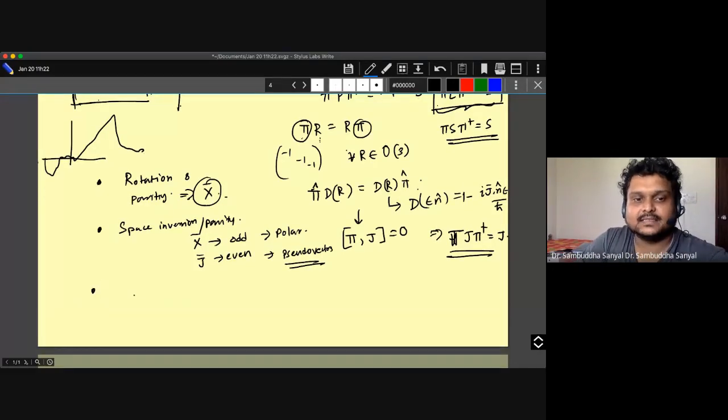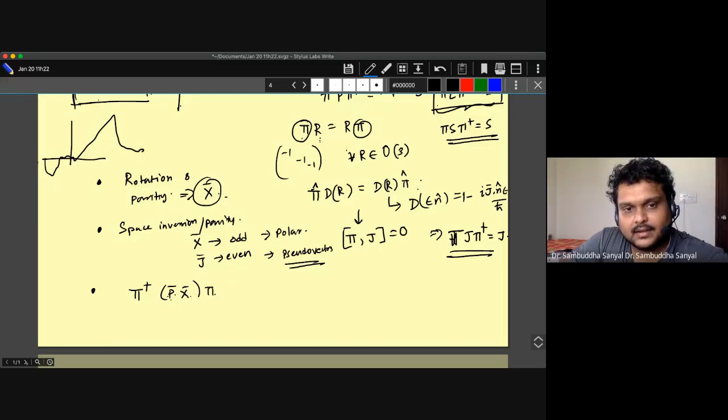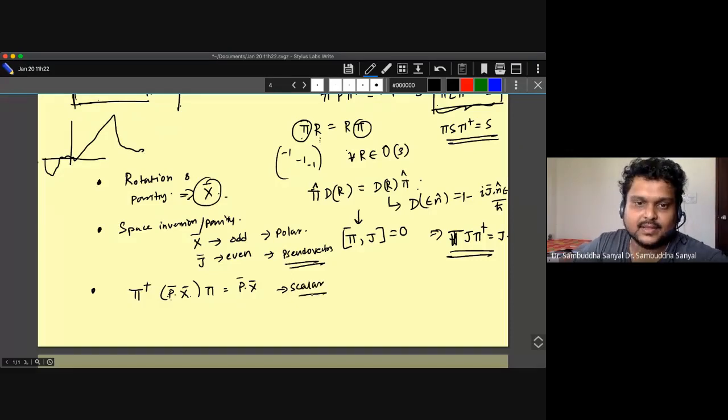Similarly, there are objects like pseudo scalars, which you will encounter thoroughly in the later part of this course. Let me just give an example. So p dot x, you will see examples later when we discuss the Stark effect and the Zeeman effect and all those things. You will see terms like this, which is a scalar and transforms as p dot x, which is not surprising. This is a typical scalar, because a scalar is a number. Whether you flip your coordinates or not, a number should not change.